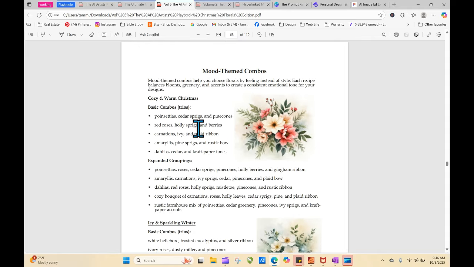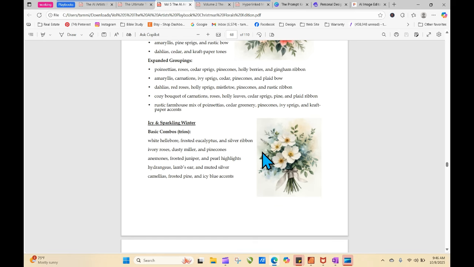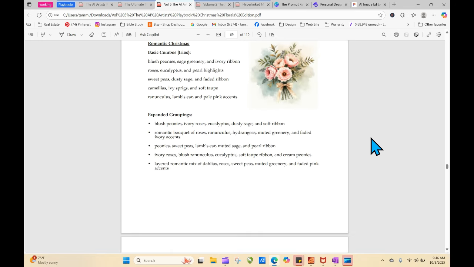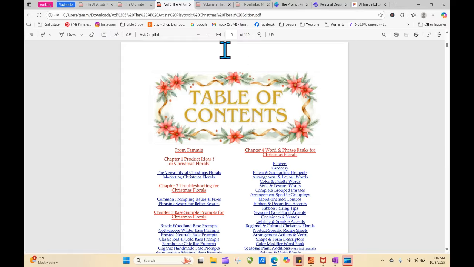Mood themed, so these are different groupings based on the mood. Like if you want icy and sparkling winter, there are certain florals, combinations that sort of support that. Different choices, like for romantic, using peonies, using roses and sweet peas and that sort of thing. So it just helps you with all of that. And like I said, all of this stuff can still be utilized in a general way. You just have to kind of,